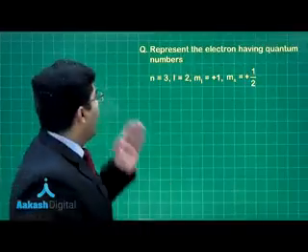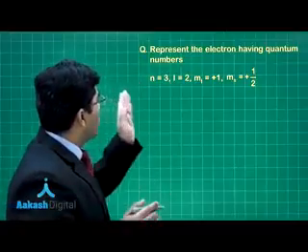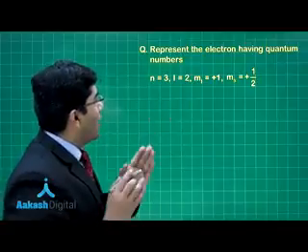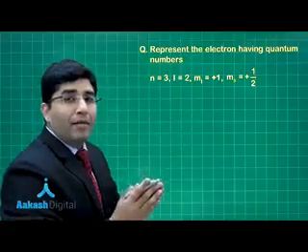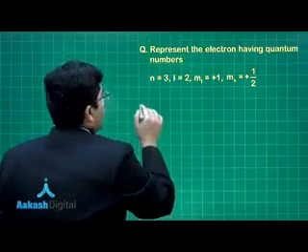So guys, in this question he is saying, represent the electron having the quantum numbers n is equal to 3, l is equal to 2, ml is equal to plus 1, ms is equal to plus half. Now we have to represent the electron. Let's solve the question. So the solution,